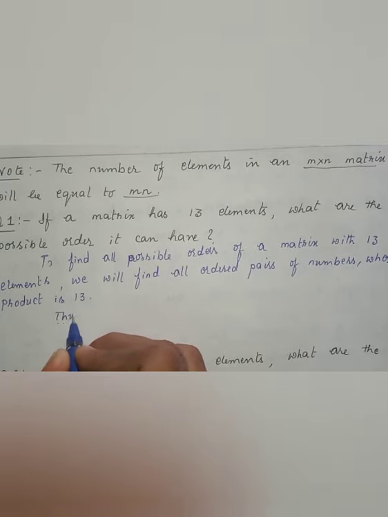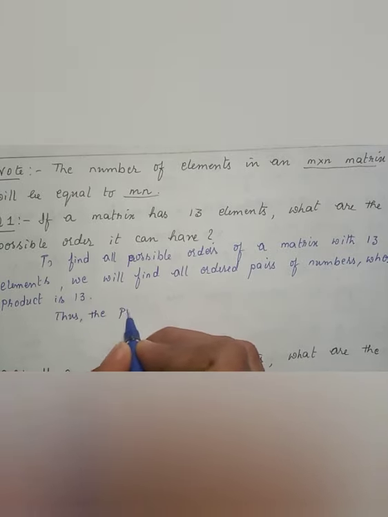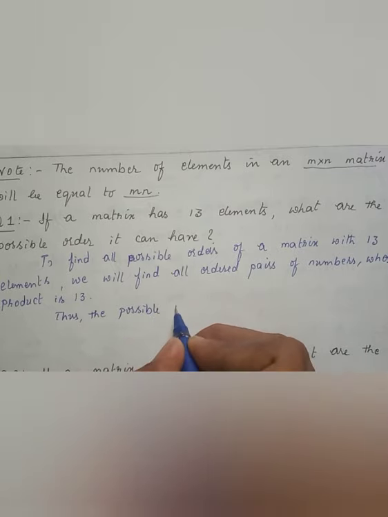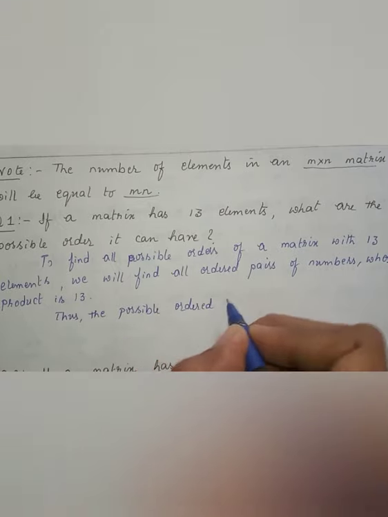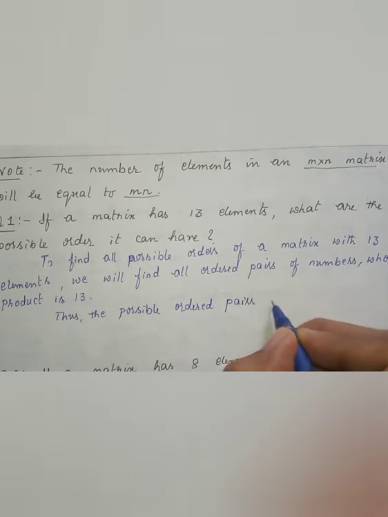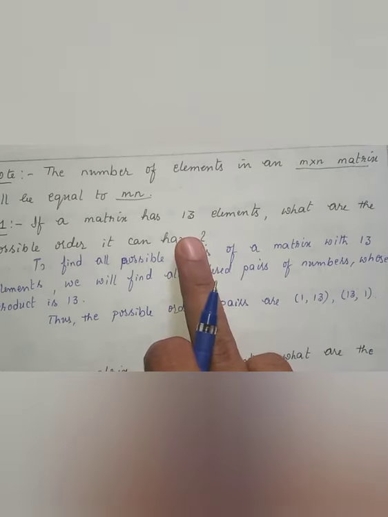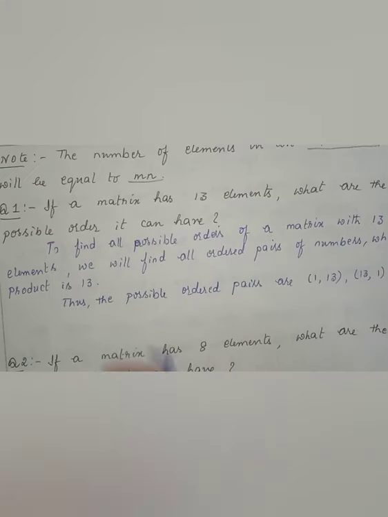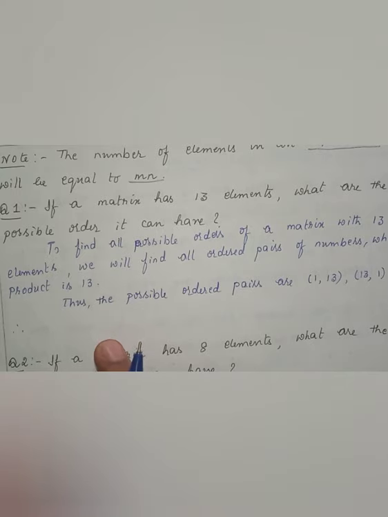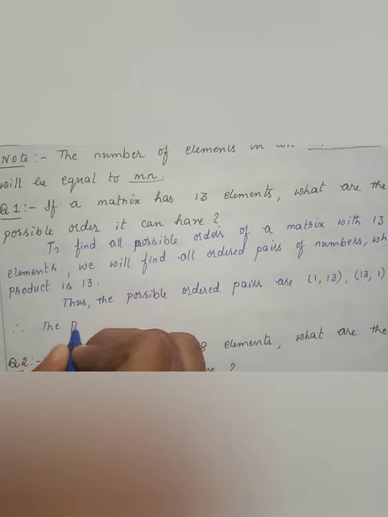Thus, the possible ordered pairs are 1, 13, this one pair, and 13, 1. So there are only two ordered pairs because 13 is a prime number, right? Therefore, the possible orders in which the matrix has 13 elements are